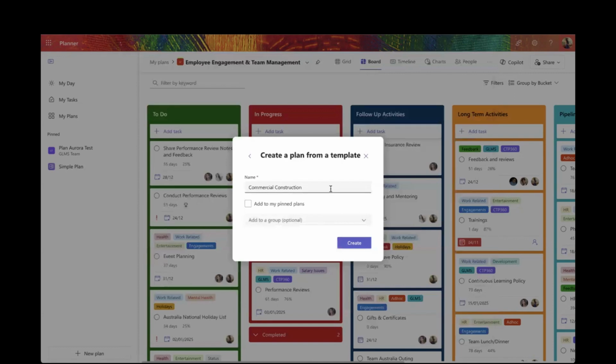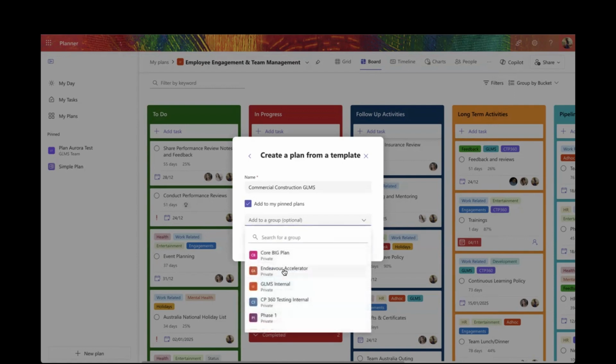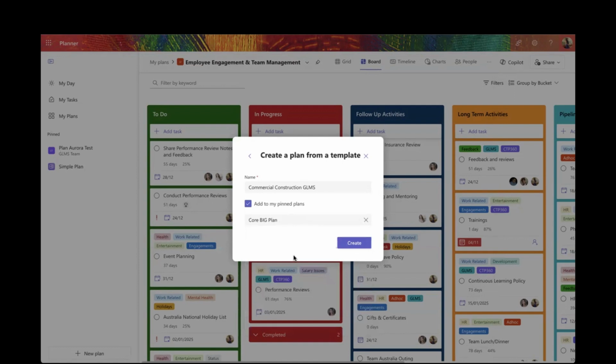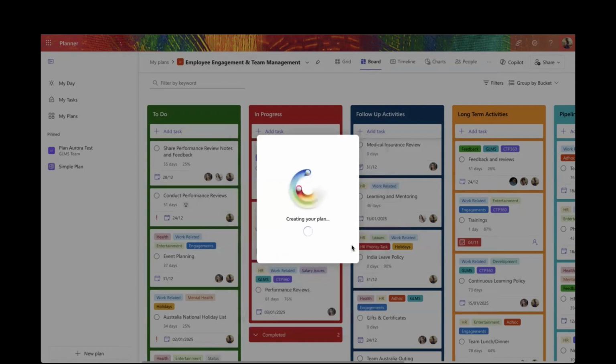Now it's going to ask you if you want to rename it. Let us say you want to customize it. So commercial construction GLMS is what I want to say. Do you want to add it to your pin tasks? We earlier saw about the pin tasks. Just use the checkbox here, it will come to your pin task. If you want to add a group of members, if you use the drop down arrow button, you can see all the member groups that are available here for resources. You can click on any one. And then once you click on create, it takes a few moments, of course,